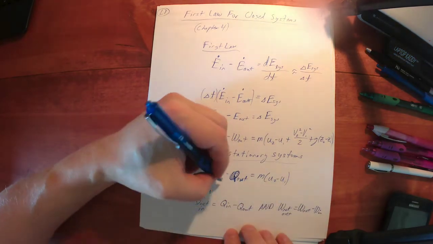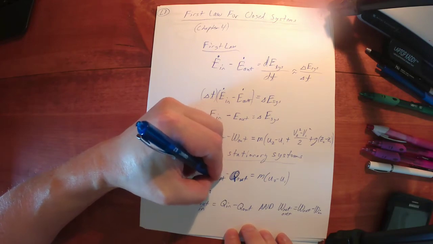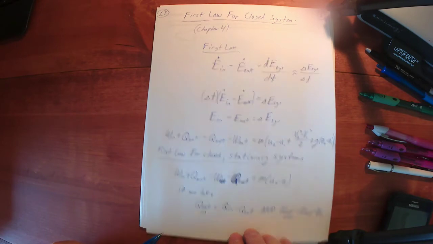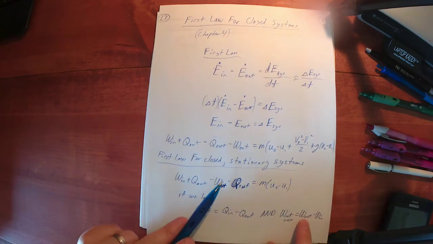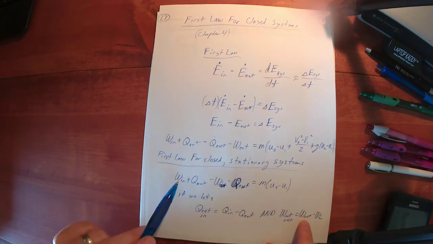I'm sorry, this is W out up here. So if we rewrite this equation saying, well, if I take the work out minus the work in,